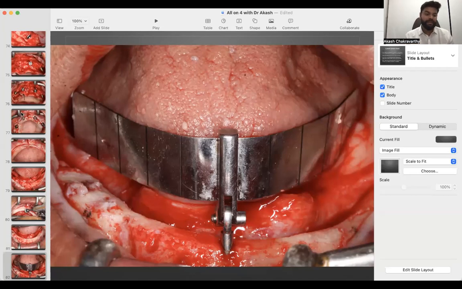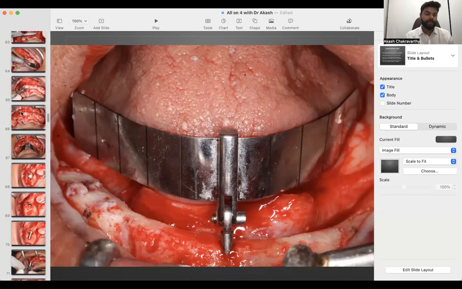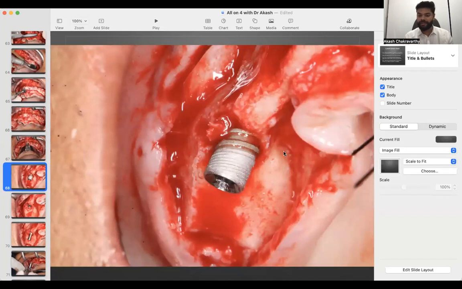So if you see in the first picture, I had placed the implant over here. At this stage, what I do is I take my first drill and I take an IOPA. Okay, I place my first drill and take an IOPA. Now that tells me where I am to the sinus and if I want to change the position or not.